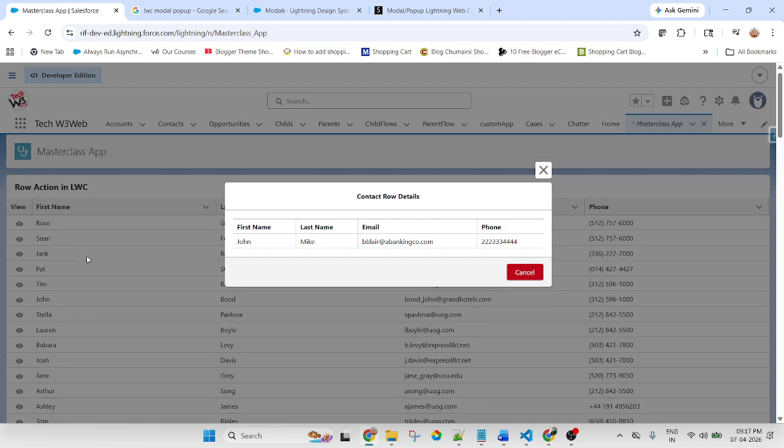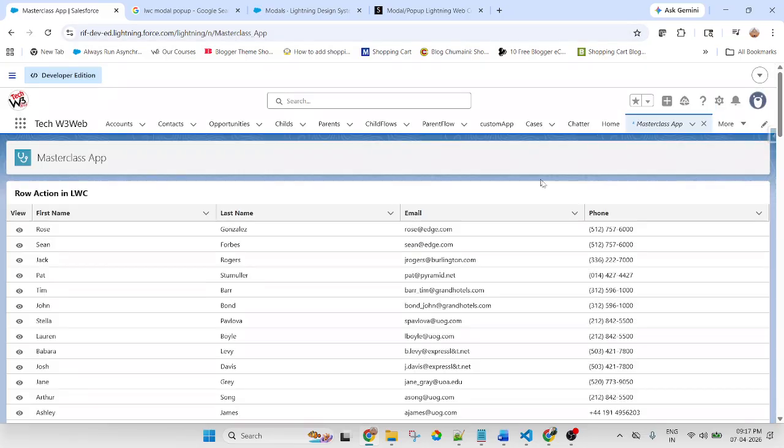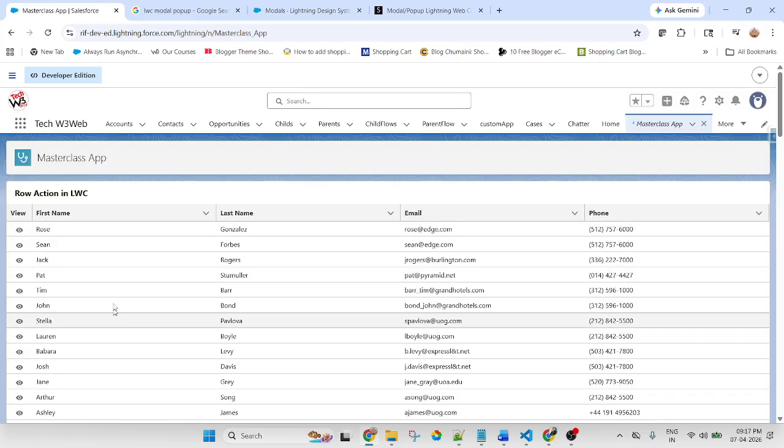First, we learn how to fetch data and call the Apex class method in the LWC. There are two types of tables applied here. This is a data table, and inside the modal pop-up I created a custom table. Here you also learn how to open a modal pop-up. There are multiple tasks you learn in this scenario.